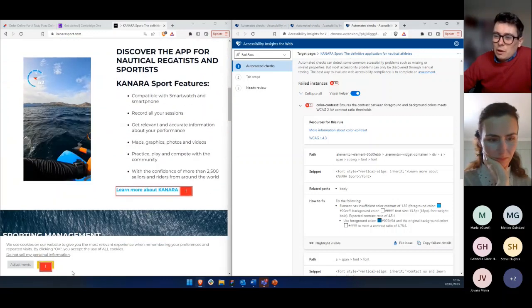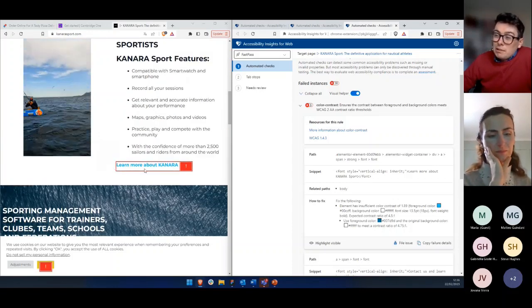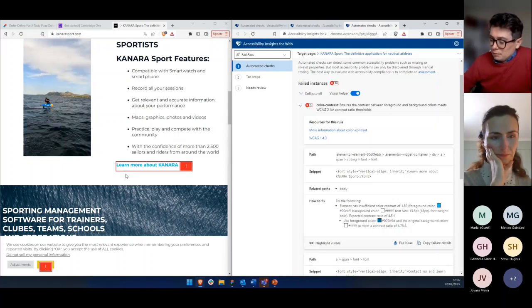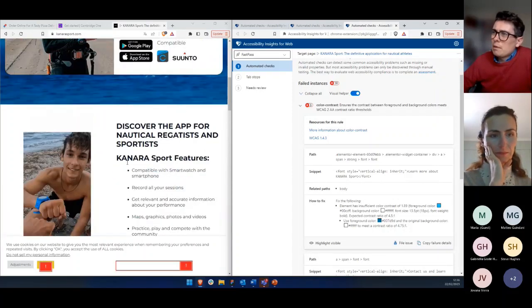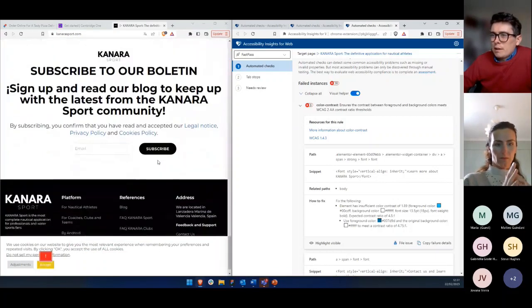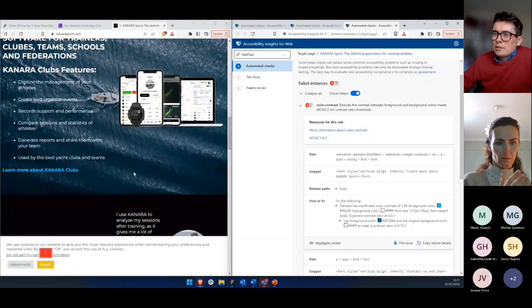which you can sort of see, sort of a yellowy on a white. You can see why that's failed. This blue might need to be darkened a little bit so that we've got a little bit more contrast with the white. That should be relatively easy to fix, although it might interfere with your branding. I don't see that color really anywhere else except for here, so hopefully that won't impact you too much.